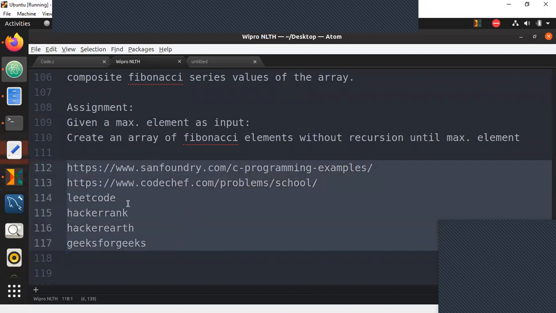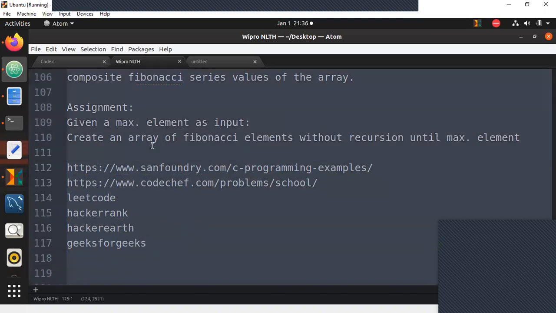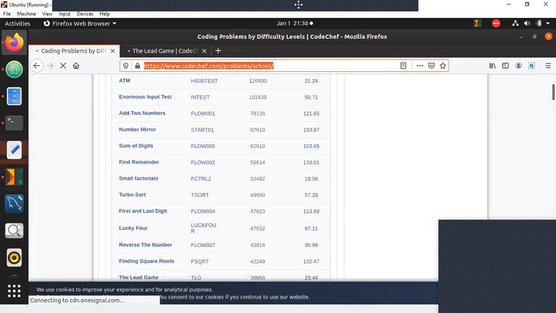There are modification programs. I'm not talking about basic programs, I'm talking about modification programs. As one of you stated, interview programs. There are so many. These are the common ones that I'm suggesting, but a lot of them you guys can try out. I'll share this link with you guys.